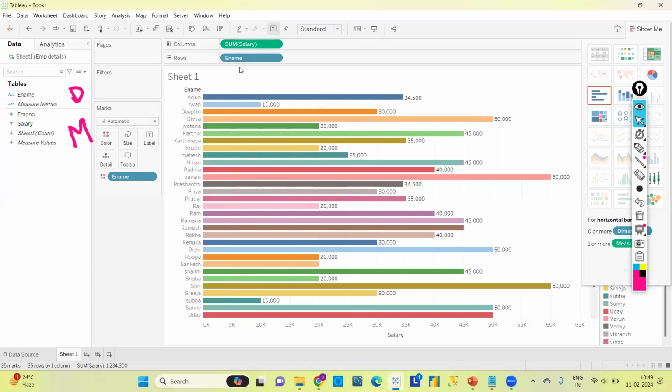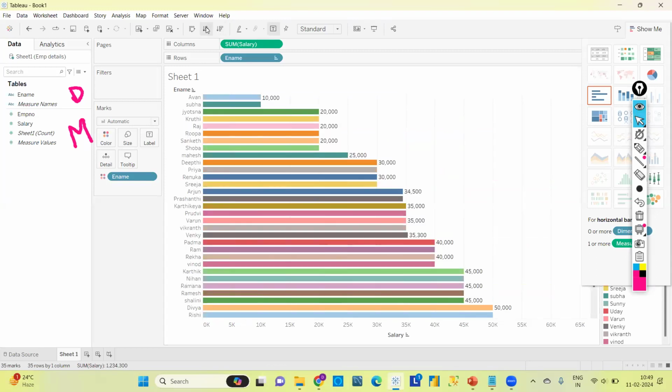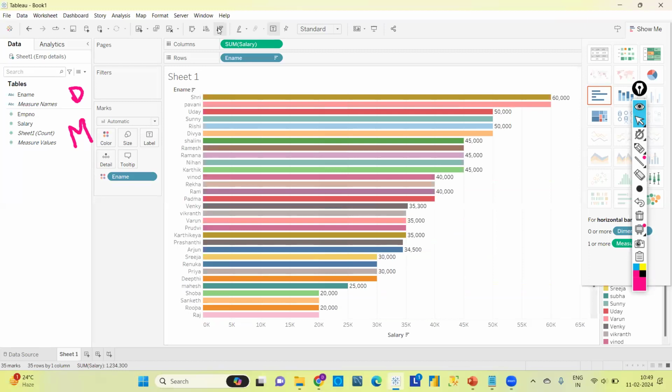arrange, or if we want to keep this data in ascending order, there are two options here. If we click this, it will display the data in ascending order, and if we click this, it will display the data in descending order. However we want to display the data, maybe after creating the graphs, you will give presentations, or whenever you are showing the data or the graphs to your clients or stakeholders, you can use these various options.